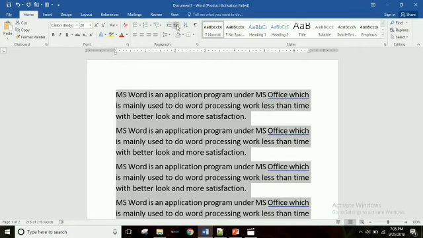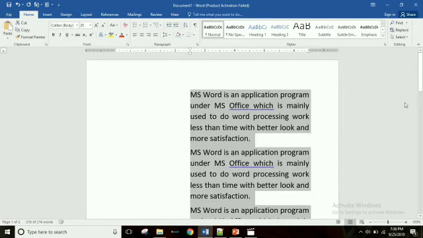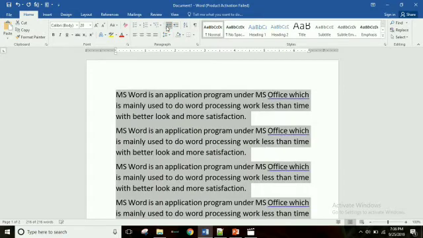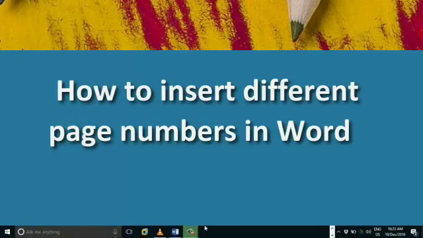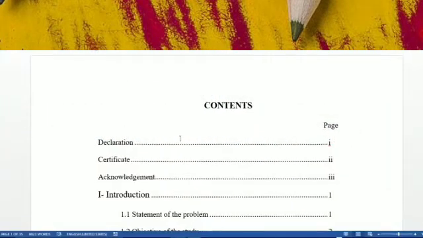See, and then after that click on the alignment to change the location of your text, as well as you can change these settings by using the increase or decrease indentation button. See, we have come back and resumed our earlier condition. Now come to the next topic, how to insert page numbers on different pages.